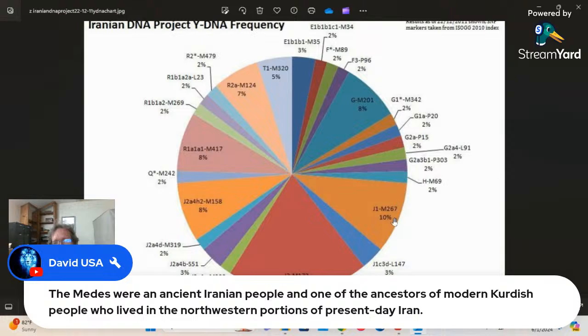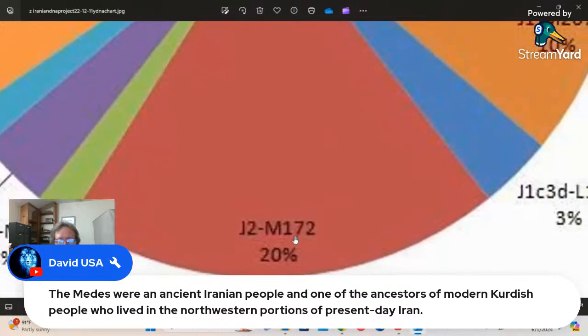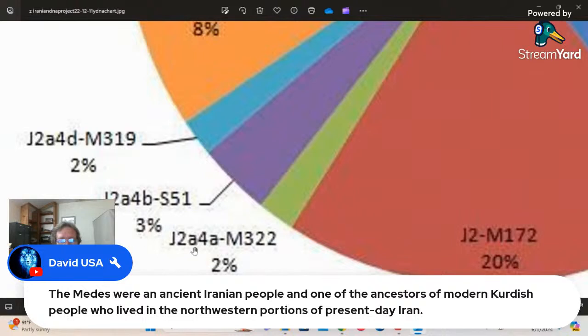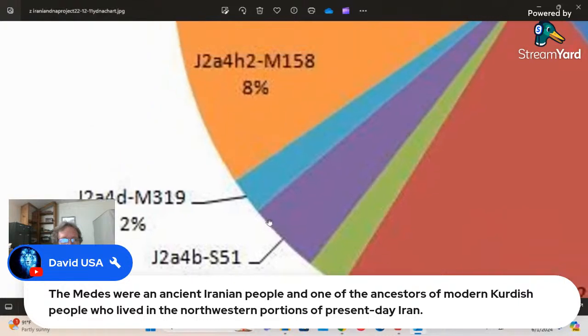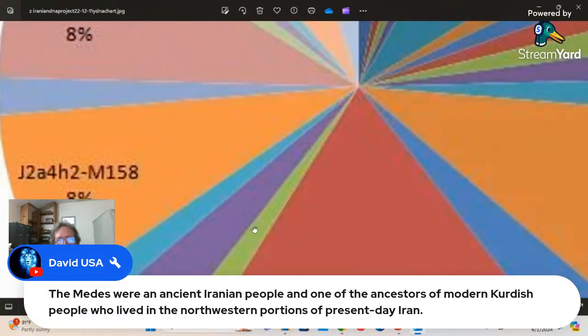But this might be the Judaic. This M267, I gotta double check, or the Israelite. But anyways, there's more than I've shown before. There's more than just J2 M172, which is 20%. There's also M322, S51, M319, and M158. But you put them all together,